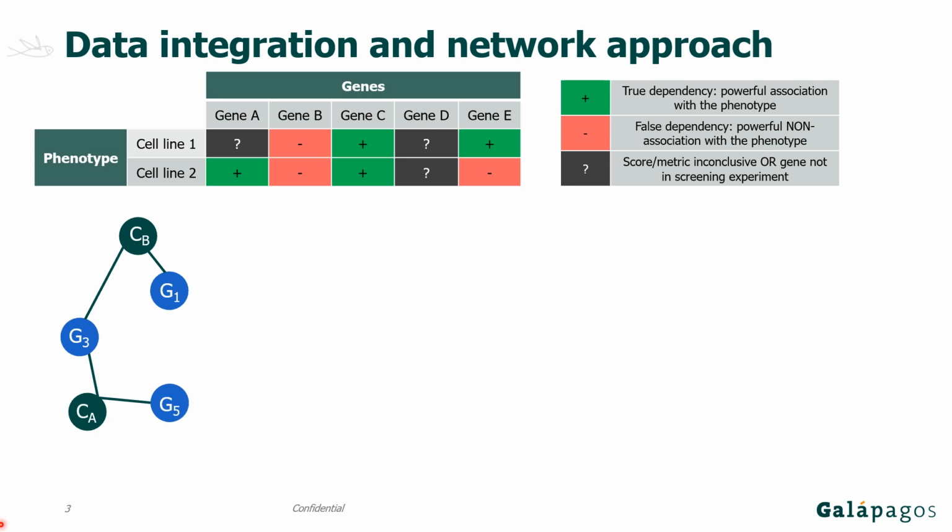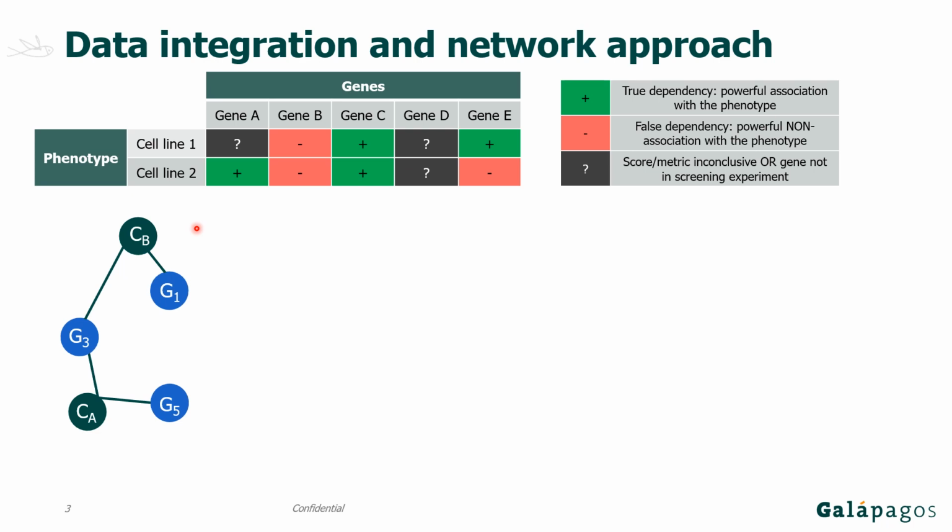The first step in our pipeline is to binarize the screening matrix and identify true dependencies. These are genes that show a significant association with the measured phenotype. The measured phenotype in DepMap was cell line mortality. We can then convert this adjacency-like matrix to a network where we can connect cell lines to genes if a gene is a positive dependency in a certain cell line. In this case, for example, if we knock down gene 1, we will see a very high cell line mortality